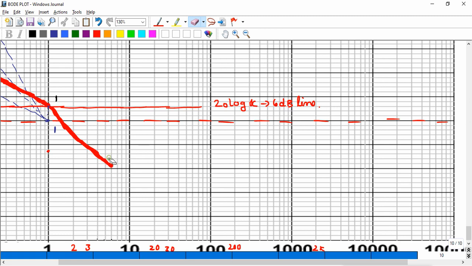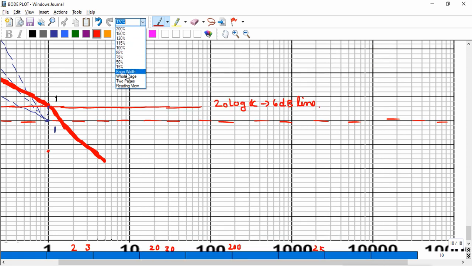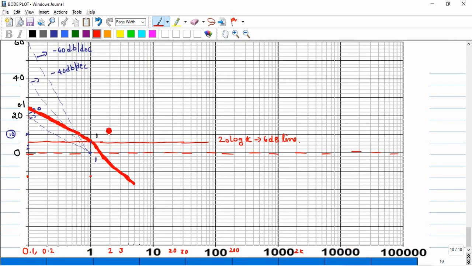Let me erase till 5, that is 4, 5 here. So you need to draw parallel. So we have drawn a parallel to this minus 40 dB per decade, and finally from 5 RPS to infinity